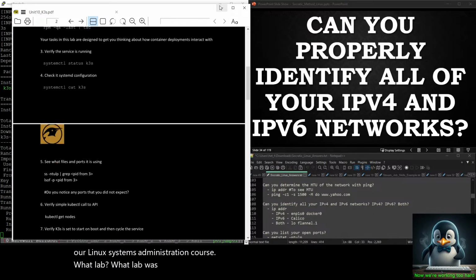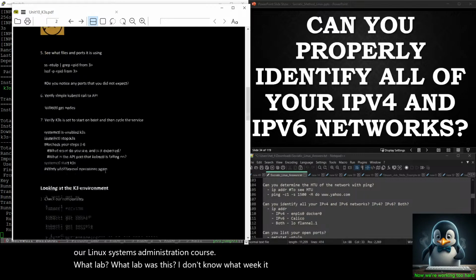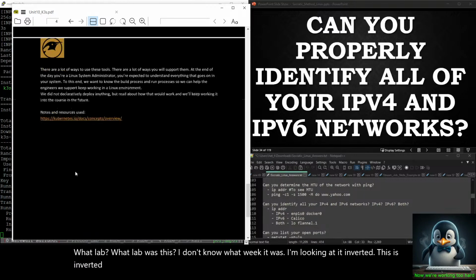I don't know what week it was. I'm looking at it inverted. This is inverted color, so it's not bright. But